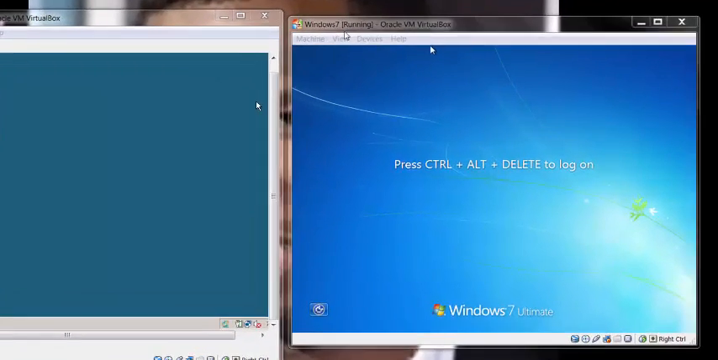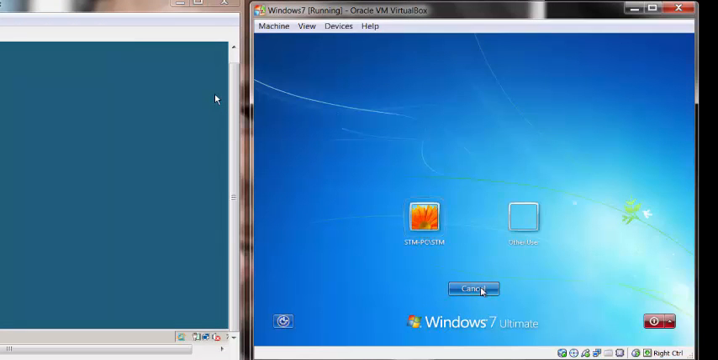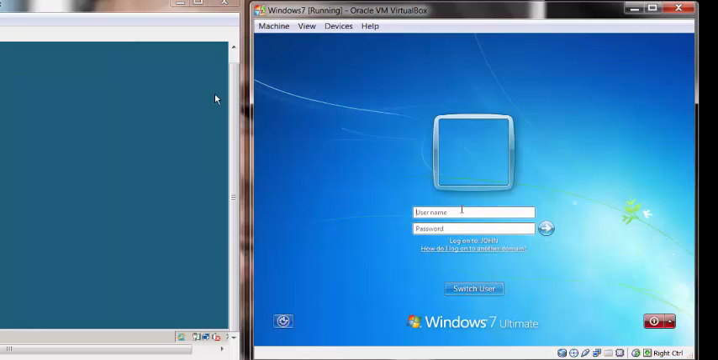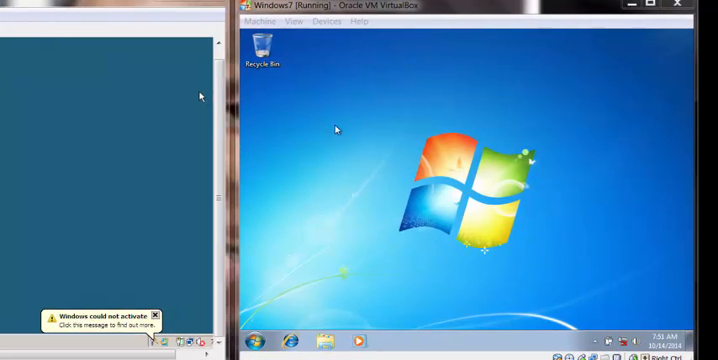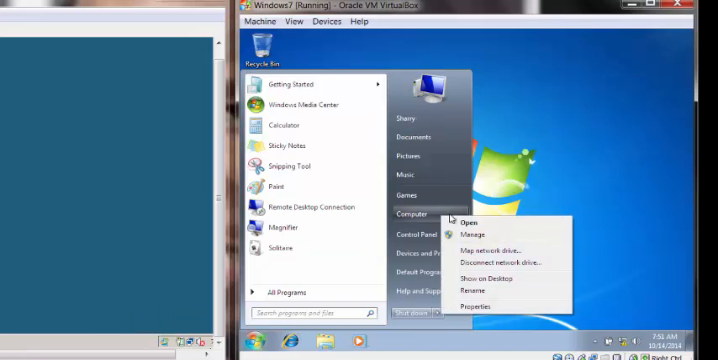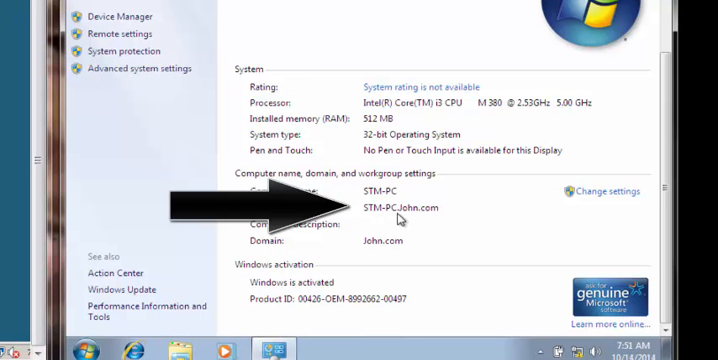Okay, so now I'm going to log in. I'm going to switch users, go to Other User, and type in the name, which is Shine, and the password. Okay, now we'll just make sure that this machine is part of the domain. So we're going to start, right click Computer, then Properties, and down here, the PC is on